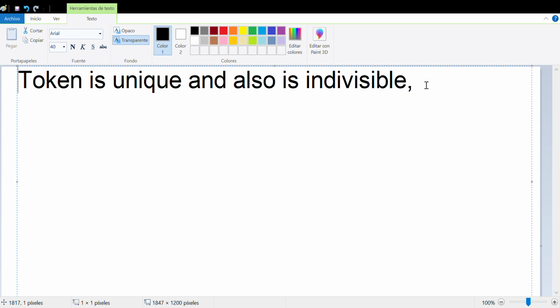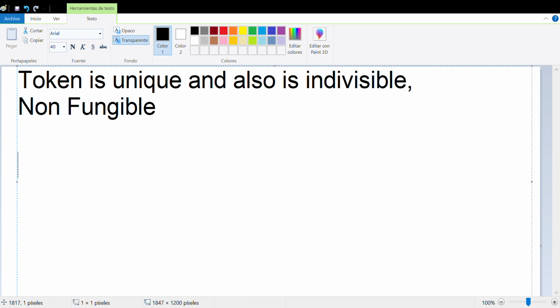So an NFT is a token that is unique and non-fungible. It's very easy. It's a token that is non-fungible.